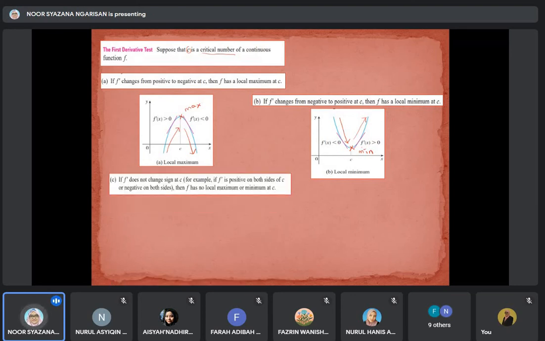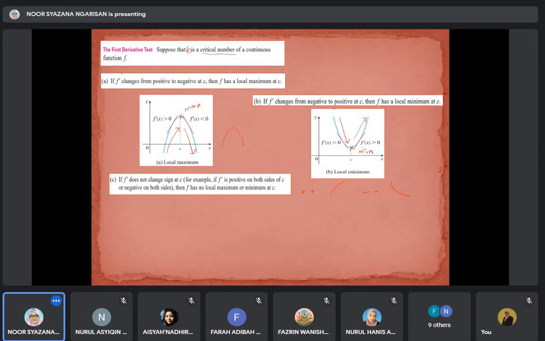If f prime does not change sign at C, for example, if f prime is positive on both sides of C or negative on both sides, then f has no local maximum or minimum at C. Tapi kalau dia sama, positif, kalau positif maksudnya dia increase and then dia increase lagi. Kalau negatif, dia decrease lagi. Okay, kalau increase or decrease, then we have no local maximum and we have no local minimum. Jadi mesti